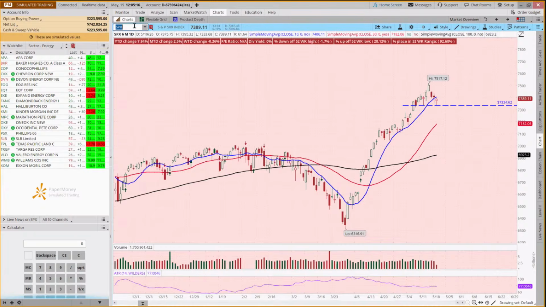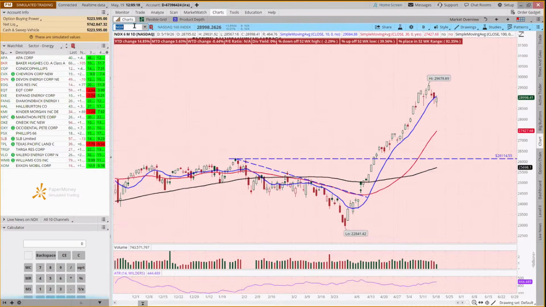And the NASDAQ is pretty similar. This is our tech heavy index. We're up slightly today, and it's looking like a bit of a bull flag pullback. And again, a tremendous run up since the end of March. If you want to measure that, you just click and drag up almost 30% to the top, 27%.